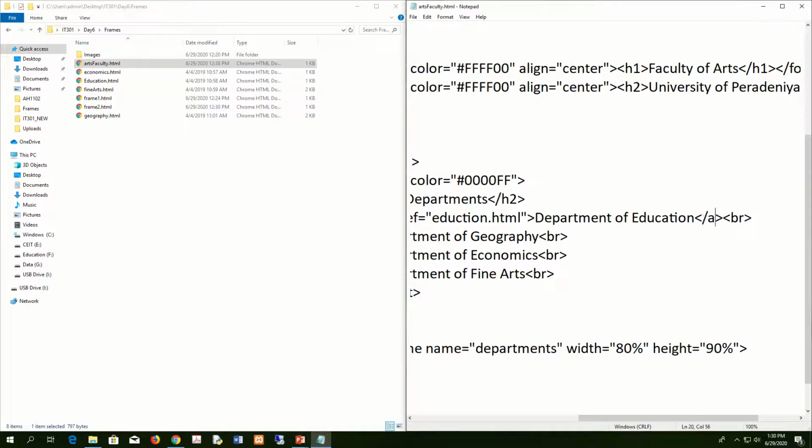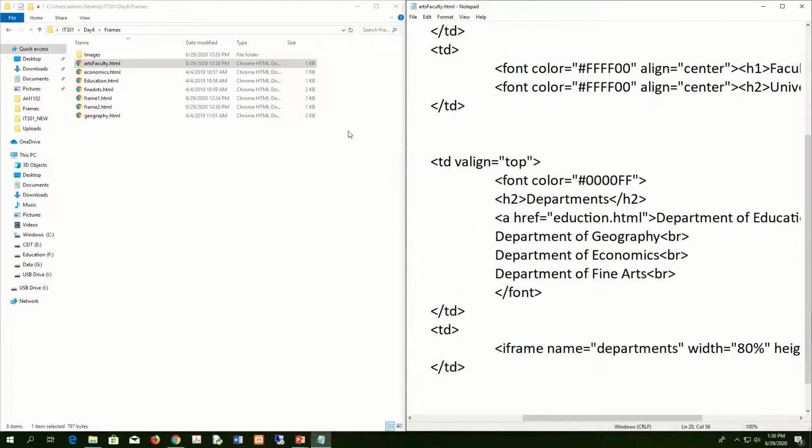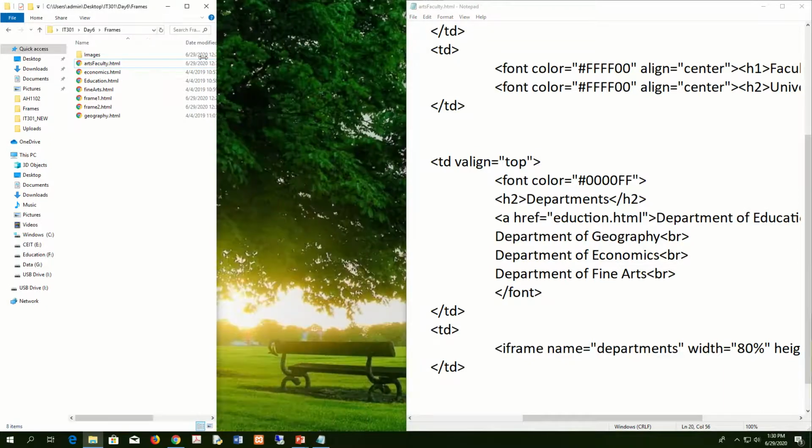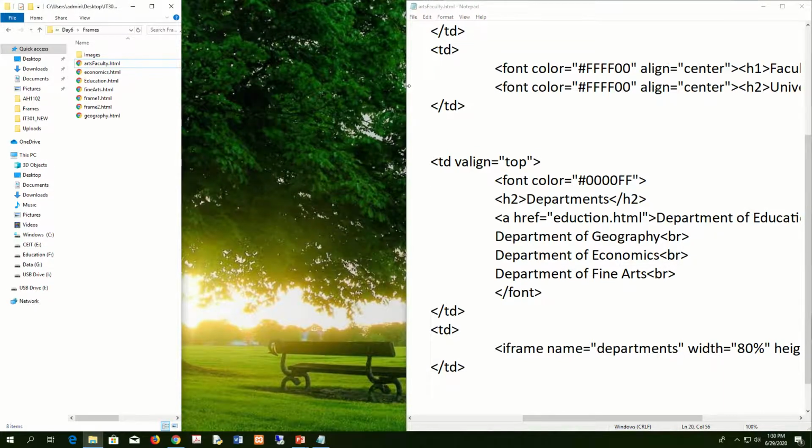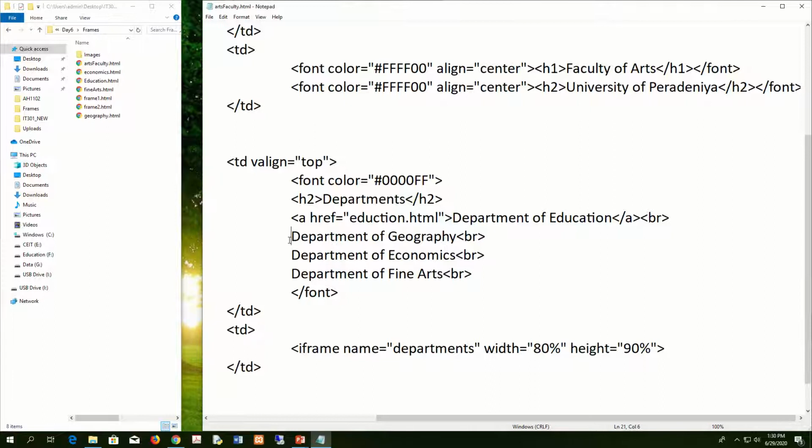So in the next case, here the link is a href, and then here geography.html, right? And then close the anchor tag,